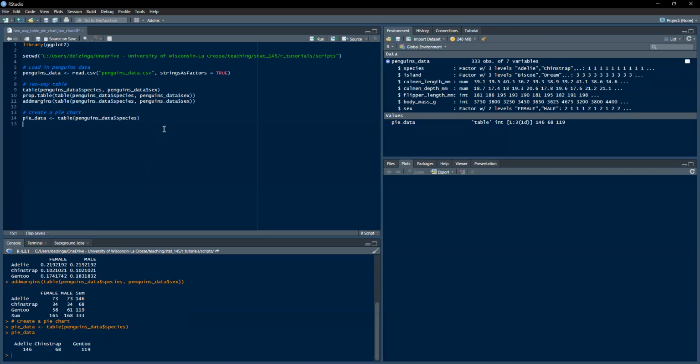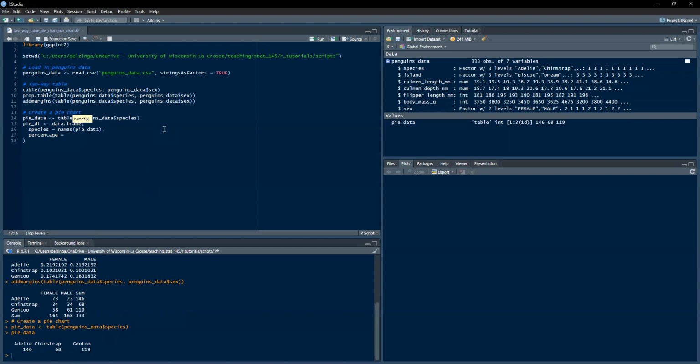And so I'll put those in a little data frame, its own data. I'll call that pie df, df standing for data frame. So I'll say data.frame, and in there I'm going to put the species, which are just the names from that pie data. And then I will also put the percentage,